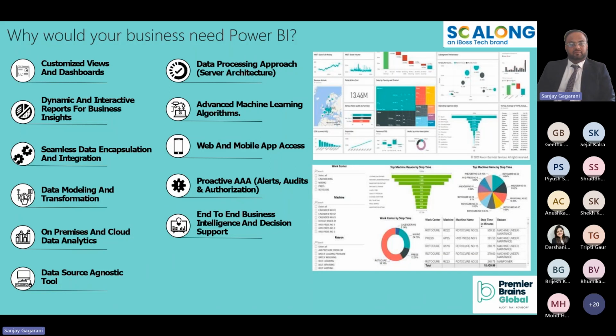We discussed why a business needs Power BI: customized views and dashboards. We already discussed that depending on role and profile, we can prepare different reports and dashboards. Let me summarize the difference between a report and a dashboard. Take the example of a company CEO. He would need the entire spectrum of the business.